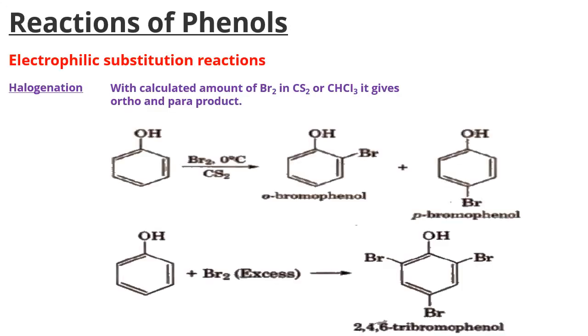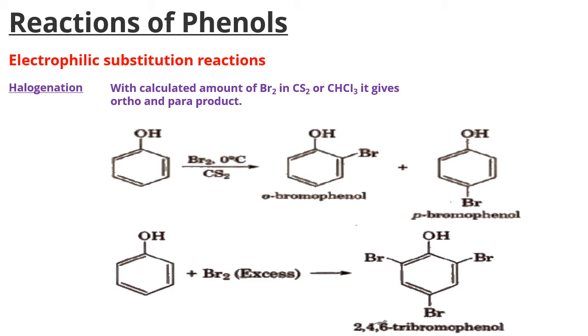Already we started the alcohols chapter, alcohols, phenols, and ethers. In that, today we are on the reactions of phenols. After going through the properties and uses of alcohols, especially the first two, methanol and ethanol, we will shift our discussion to another part of the same chapter, that is the reactions of phenols. Phenols are the compounds where we find the OH group directly attached to the benzene nucleus.